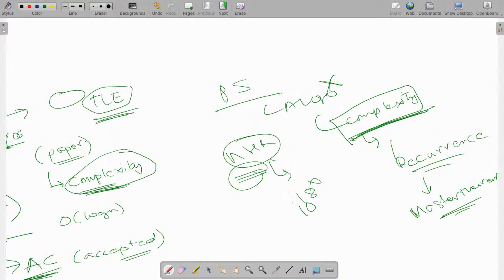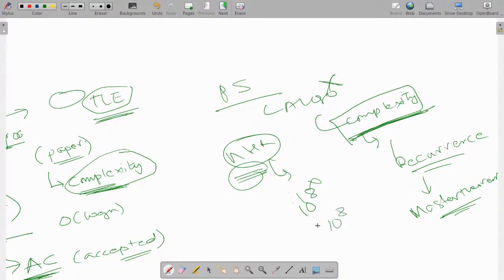Okay, so whose doubt was this? Okay, Funny Tom, I think I have answered your question. What is the use of master theorem and when we will use it in programming of any language? So we do not directly code master theorem or anything of that sort. These are all pre-processing steps. Before coding the solution, we compute the complexity, and while computing the complexity, we strive for a complexity that will get